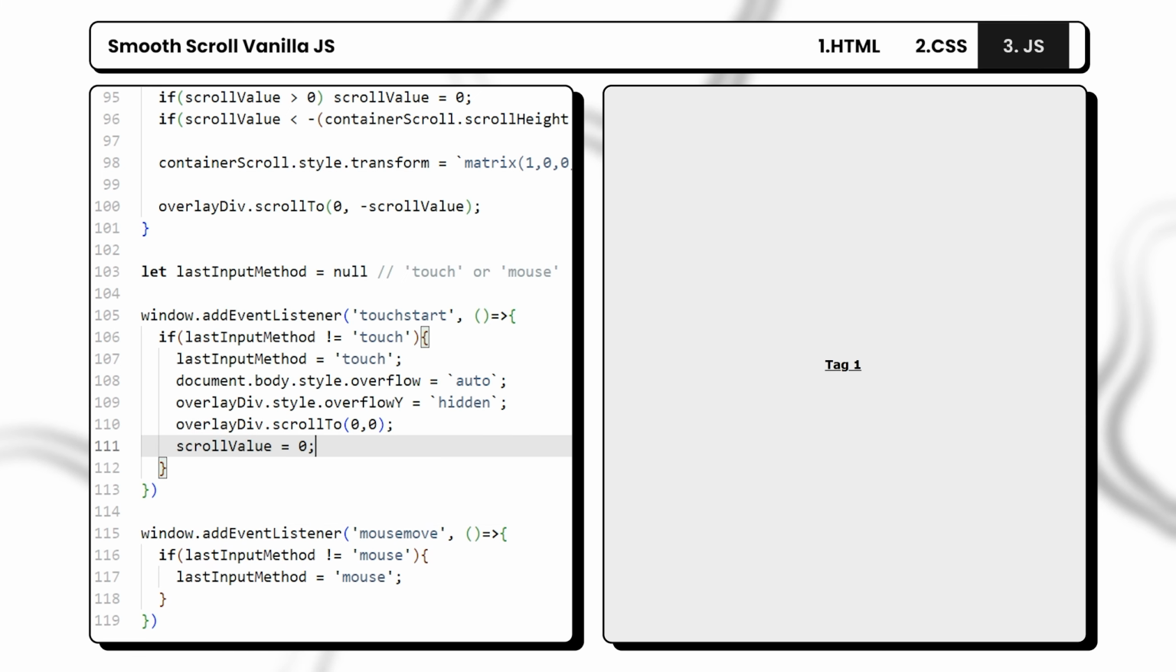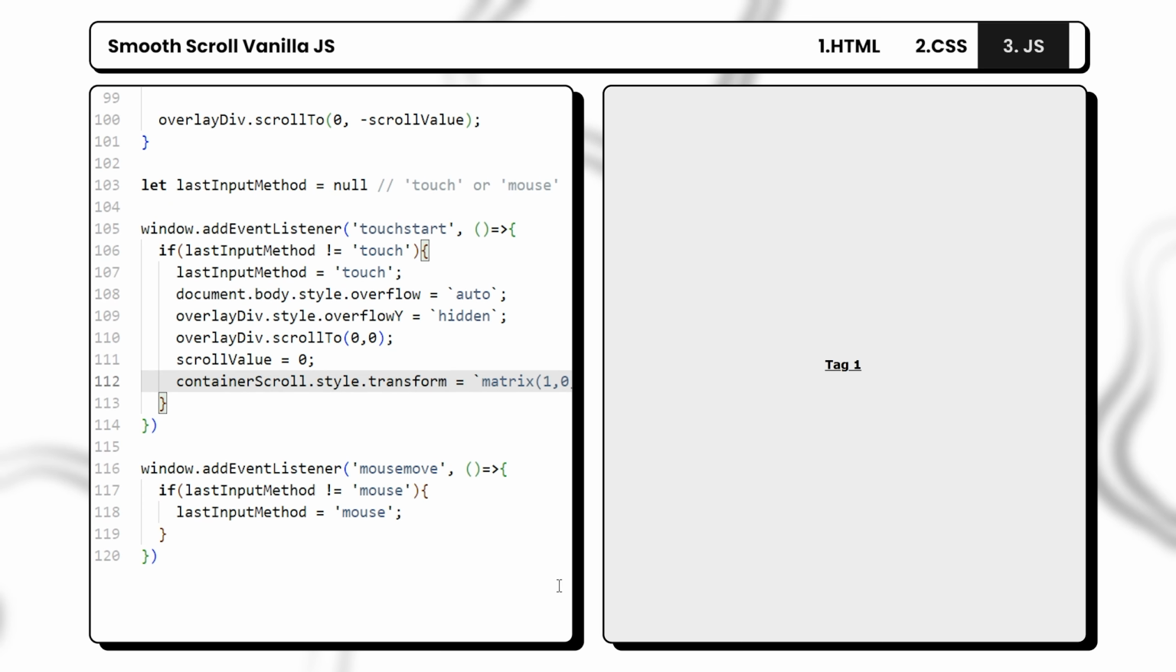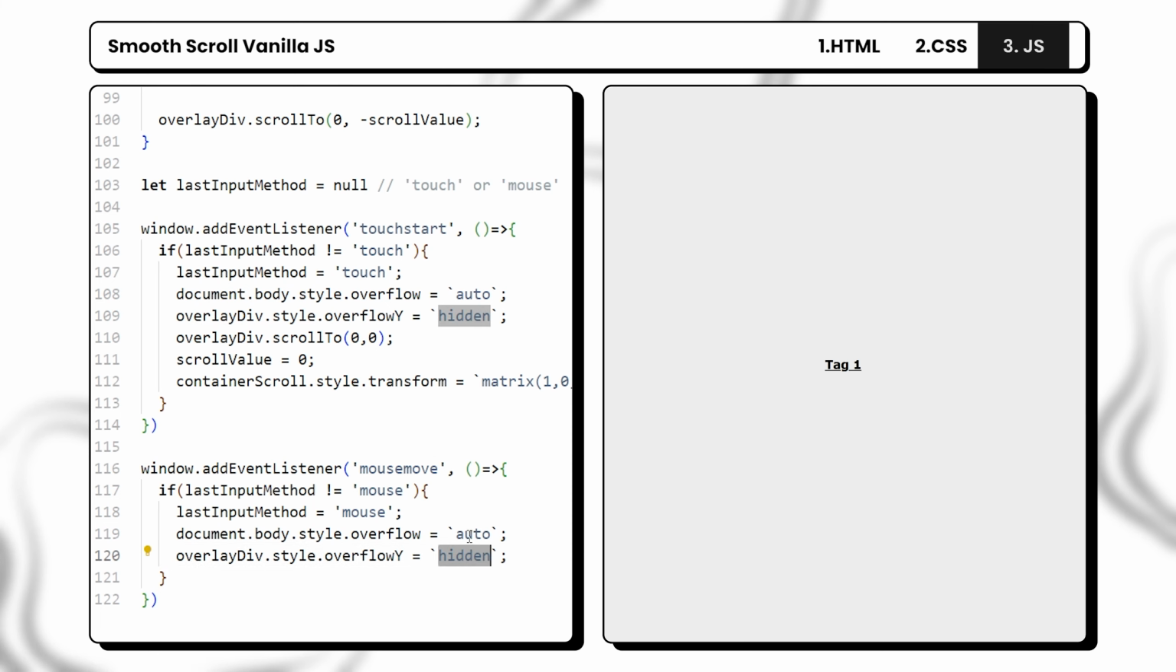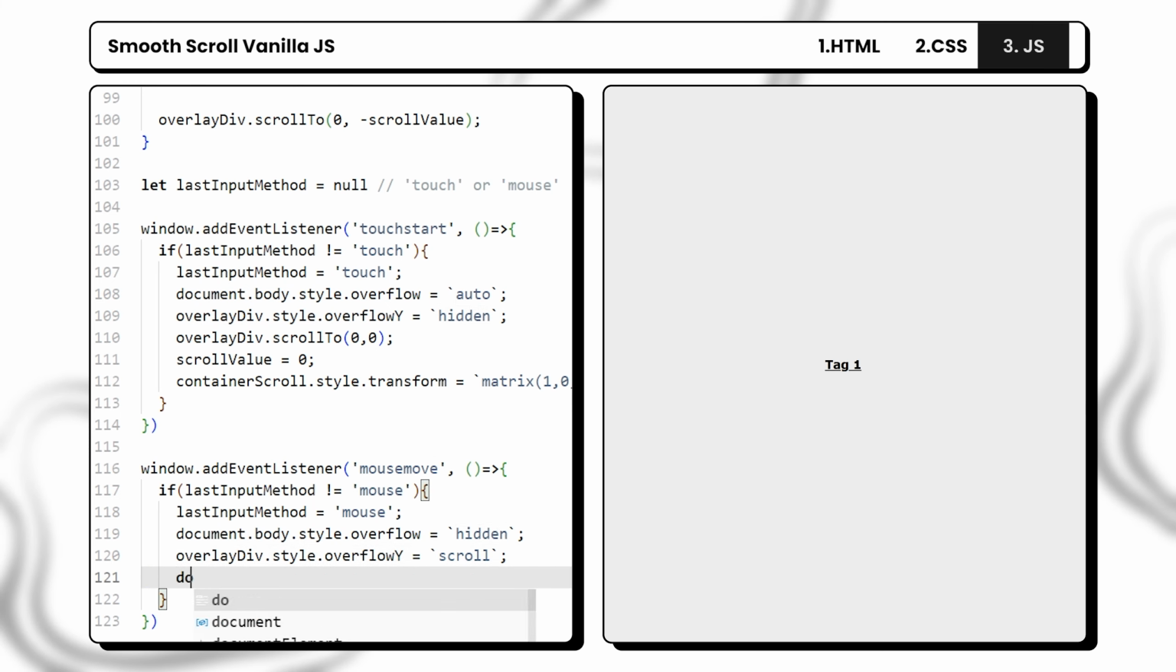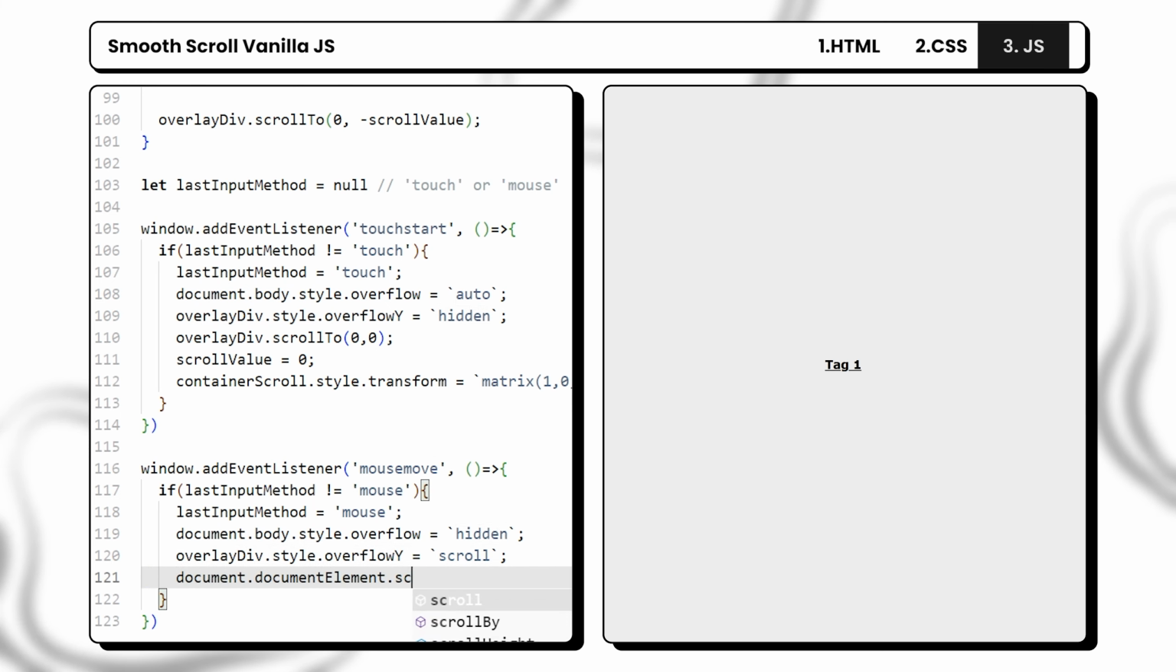And then lastly, we have to reset the container scroll as well, so we will first set scrollValue to 0, and then we will apply the container scroll transform with the new scroll value. Then for mousemove, we will copy the overflow lines and we will switch them around so the body has a value of hidden and overlayDiv has the value of scroll, and then lastly we will set the document